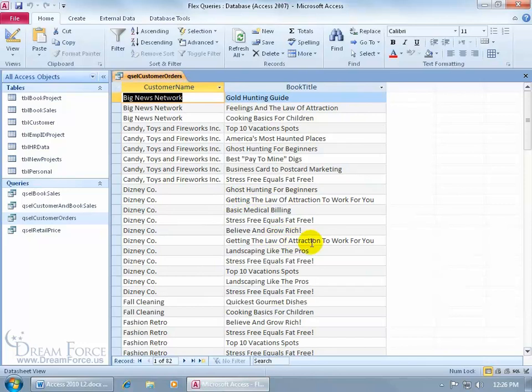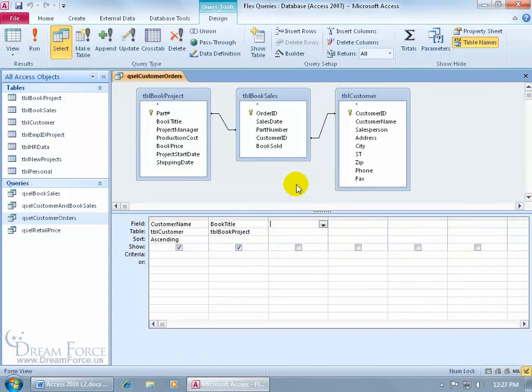So in other words, I'm trying to create a query where I just pull up all the book titles that each company has purchased. I don't need the transaction data or anything, and I don't need to see two or more copies of it. So to change this and omit those records that contain the same values, Disney Company, Getting the Law of Attraction, and display only one, go back to the design view and pull up the property sheet for the entire